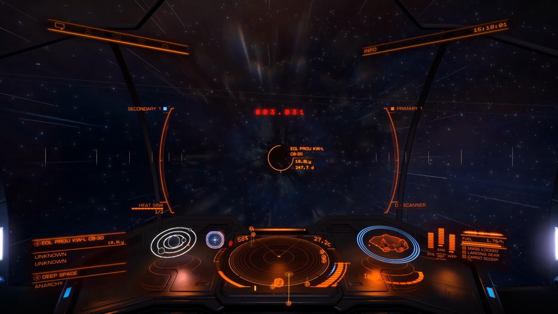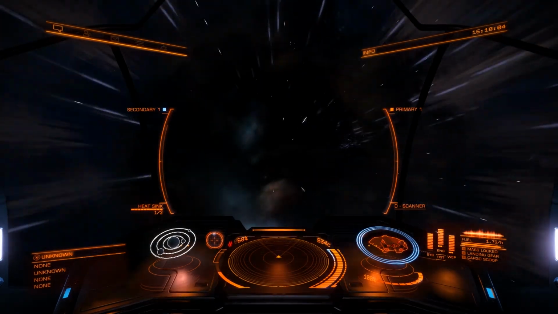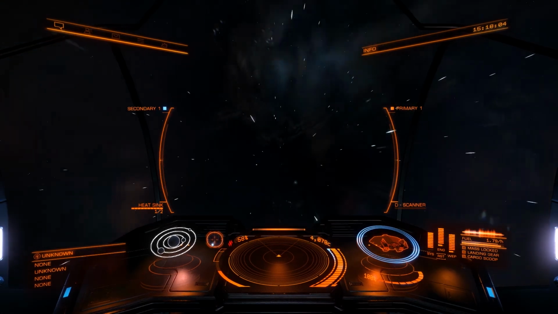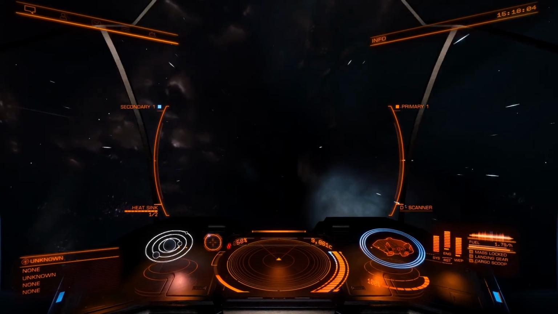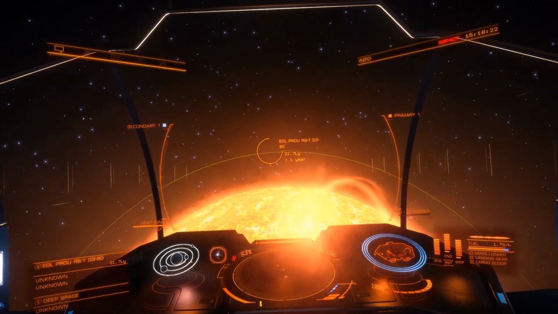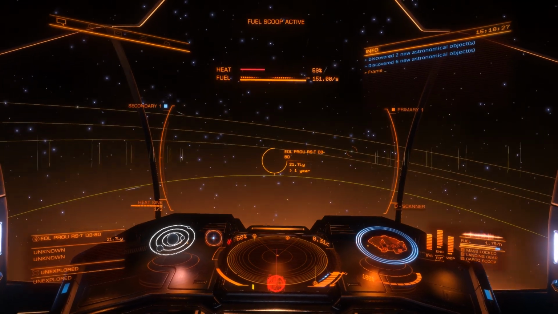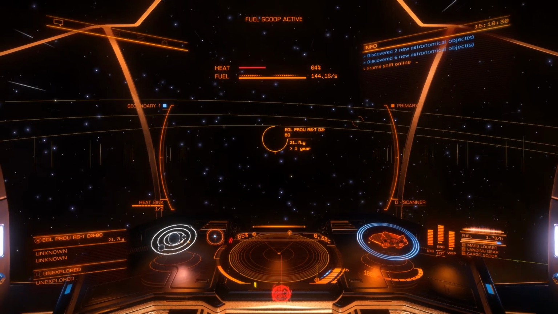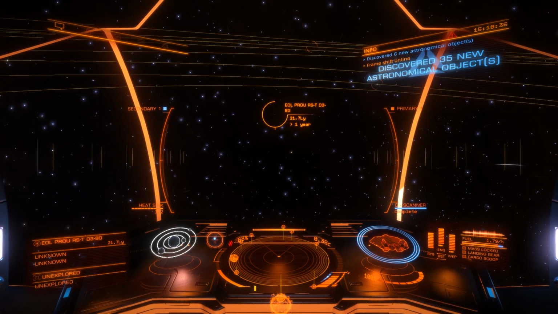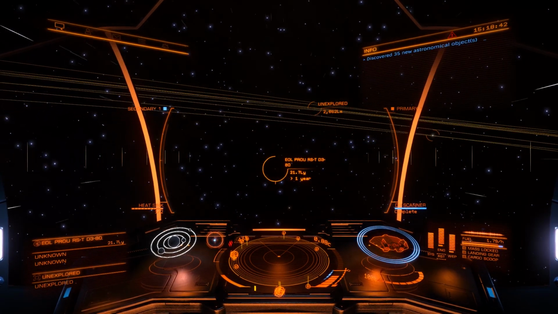Four, three, two, one. Engage. Fuel scooping. One tip and bit of advice is, when you're actually doing jumps, be very, very careful in terms of how close to a star or other hot object that you do the jump,